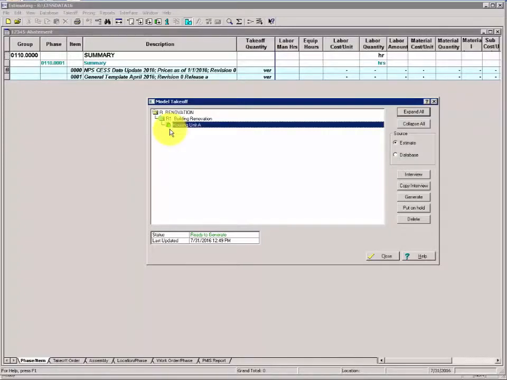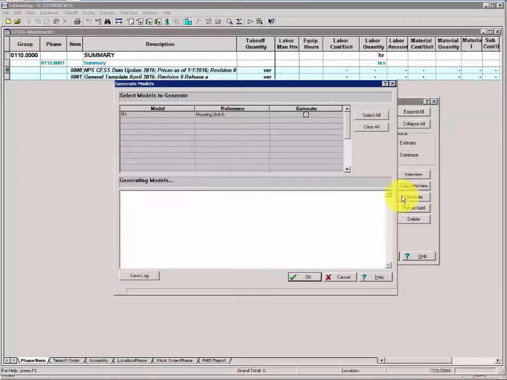If during your model interview you discover you need to research additional information, you can place your model interview on hold, and this will automatically add a red dot preventing the model from being generated in an incomplete state. When you've gathered your information or additional requirements together, you can take the model off hold and run the interview again, modifying your entries. When you're ready, you can generate the model or models by clicking the Generate button, and